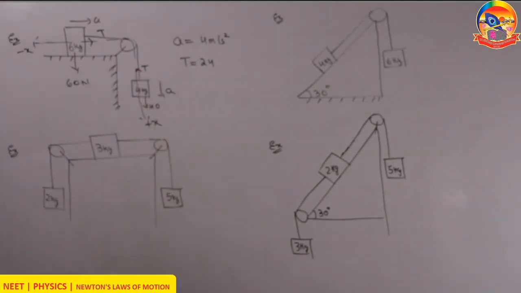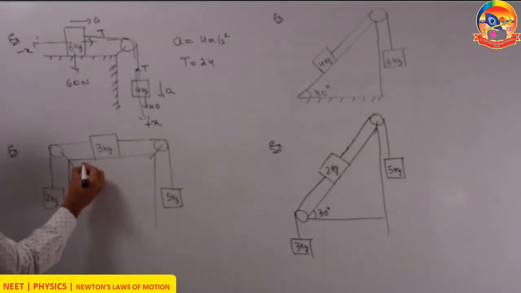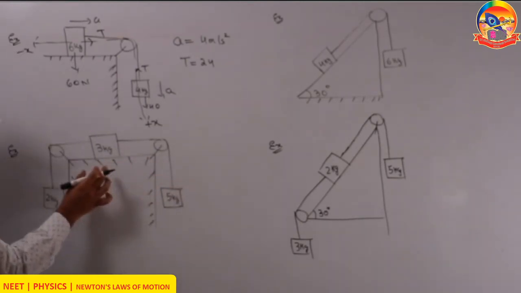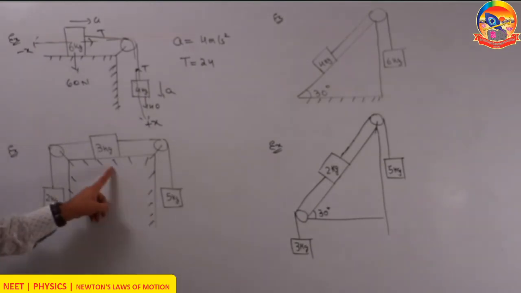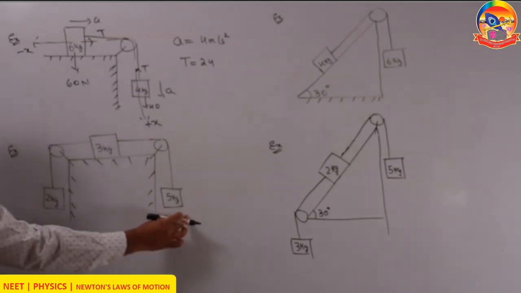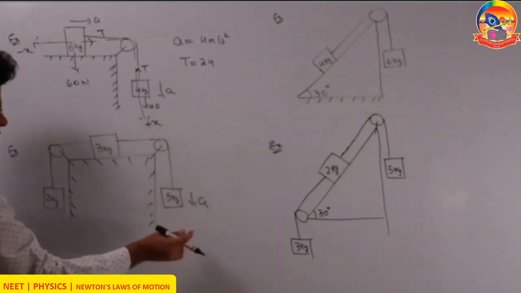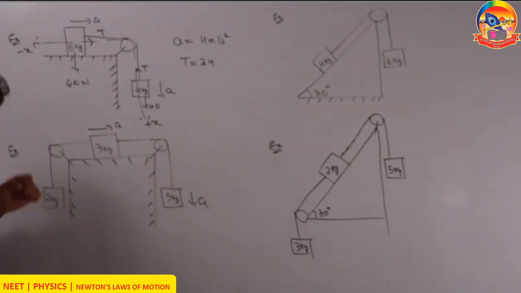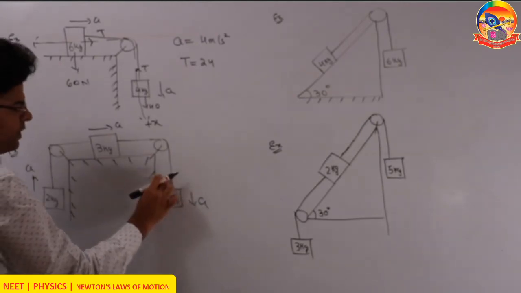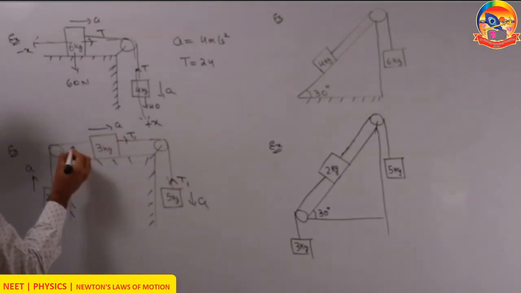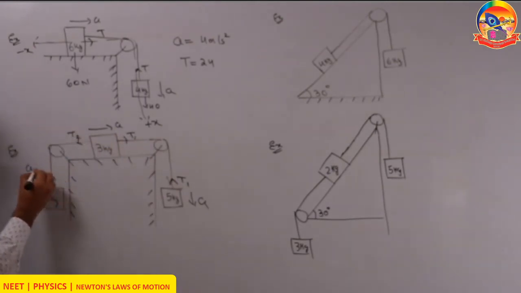Now let's do this case. Rather than having 2 blocks, we have 3 blocks and 2 pulleys. There is a block of 5 kg, 3 kg, 2 kg, connected by 2 strings. Definitely this side is heavier, so this will accelerate down. When the 5 kg moves down, the 3 kg must move towards right. And as the whole system turns, the 2 kg must go up. Let's say the tension in this part of string is T1 and the tension in this part of string is T2.